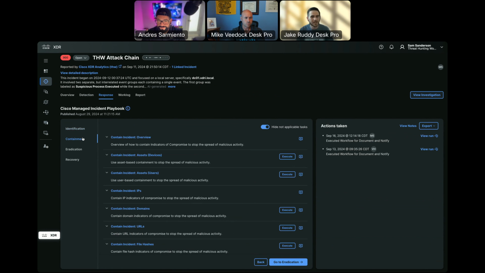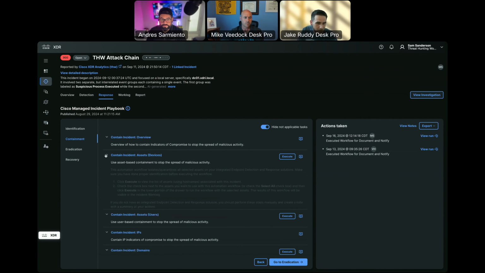Containment is now where we get to the full automation, the full response component. Again, this is the Cisco provided one. So out of the box, we kind of give you a choose your own adventure. You've got all sorts of different ways you could do response. Right? I could reach containment at the asset layer. I could do it by the user account. I could do it using domains, URLs, file hashes, whatever it may be. I choose, right? Maybe I've done my investigation and I say, yep, I need to isolate that particular endpoint.